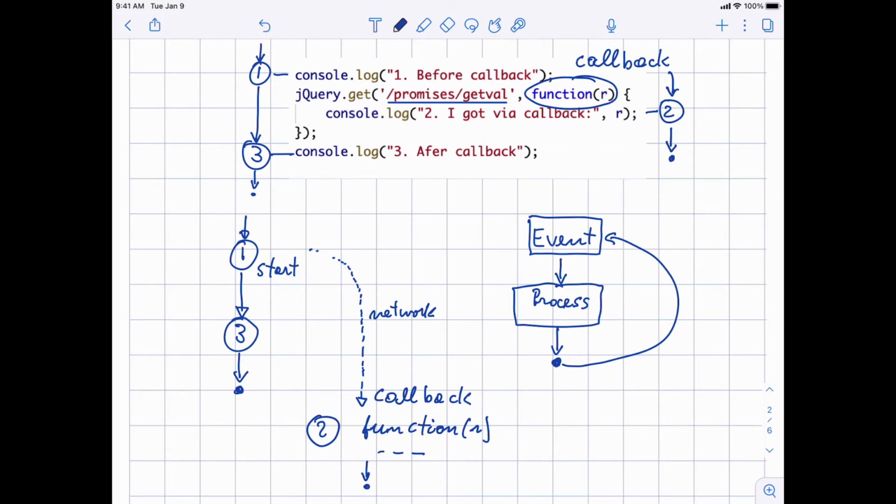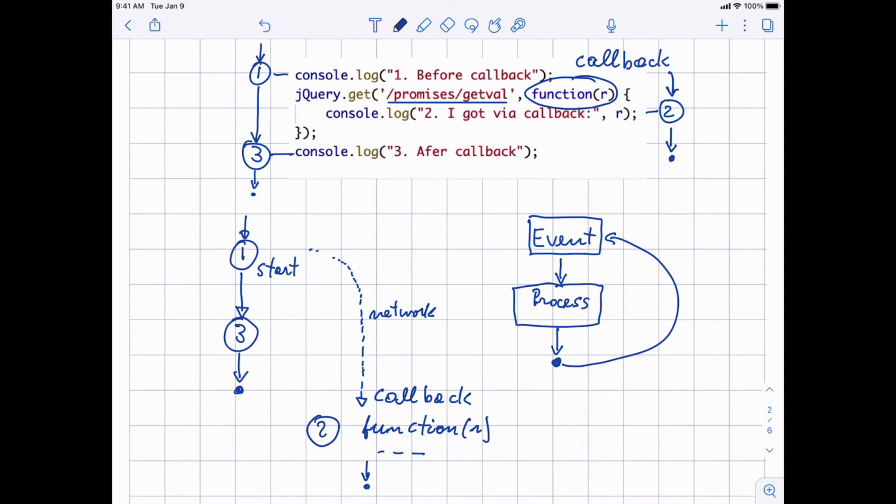Okay, because if you look at this piece of code, the portions 1 and 3 happen immediately, essentially, one after the other right away, without any wait. Whereas the portion 2 that is sandwiched in between will only occur at the end of the network call.